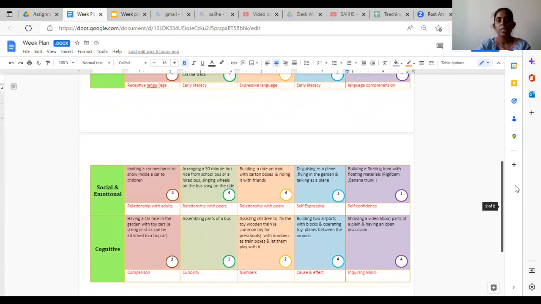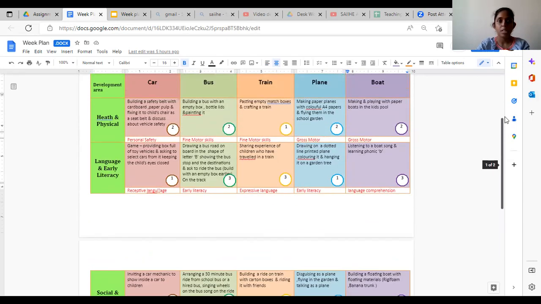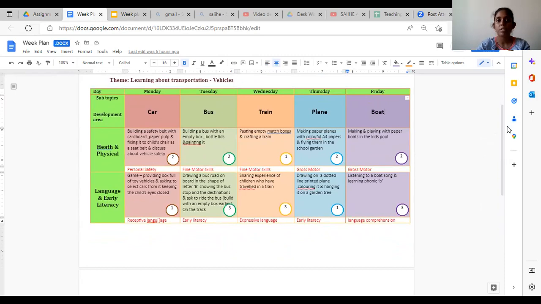And the last activity for Tuesday is targeting the social and emotional domain, and to cover the specific aspect relationship with peers. And here we will arrange a 30-minute bus ride, probably in the school bus, with all the children. Maybe they'll sing Wheels on the Bus while riding. So that's all the activities for Tuesday. And if we look at Wednesday, the subtopic is train, and the first activity for the day is